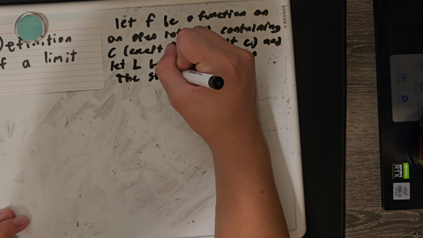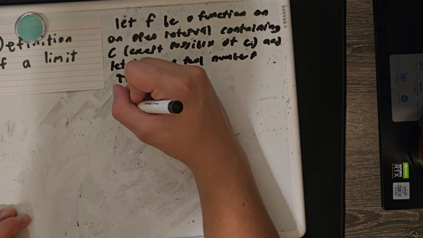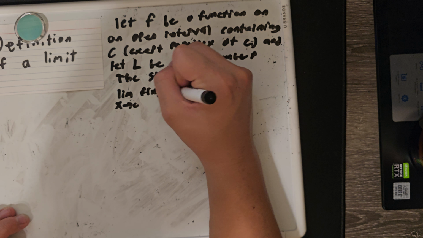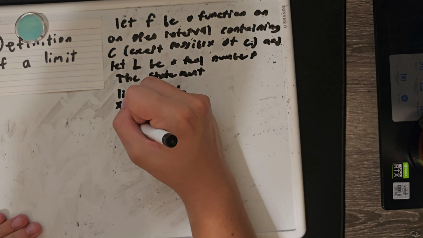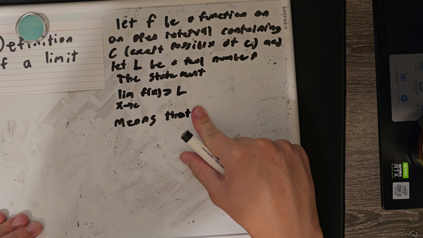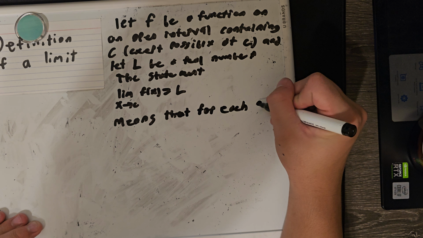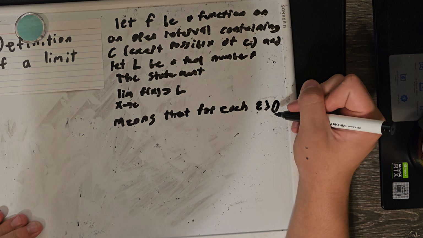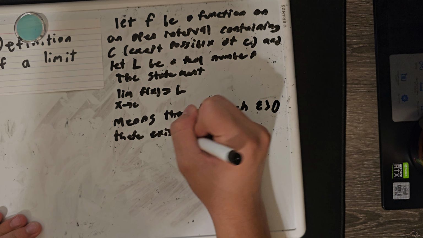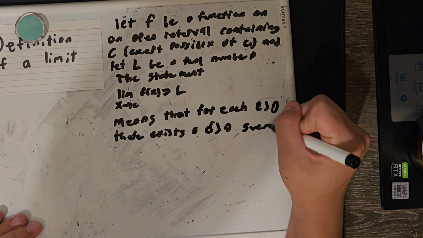The statement, the limit as x approaches c of f of x equals L, means that for each epsilon greater than 0, there exists a delta greater than 0 such that